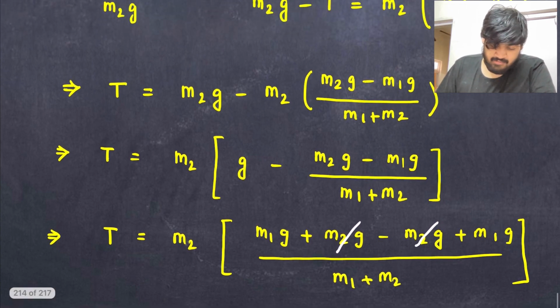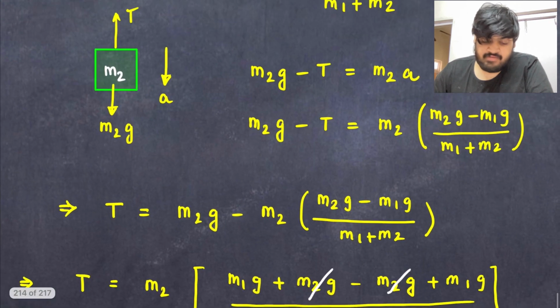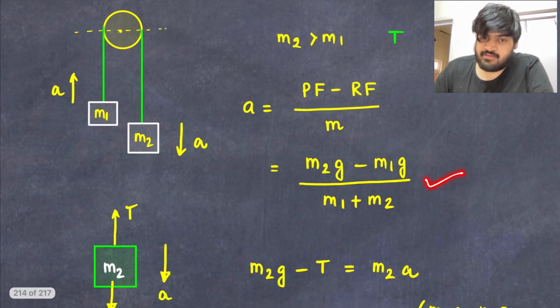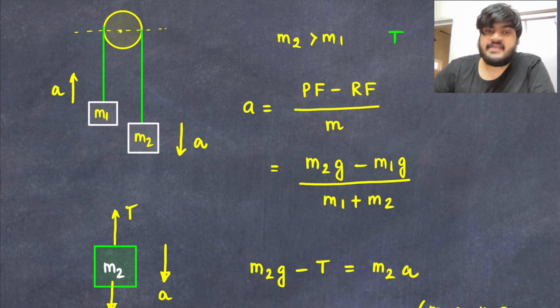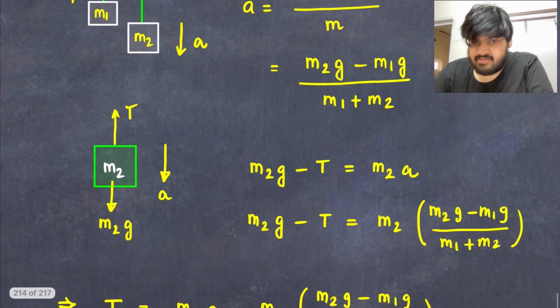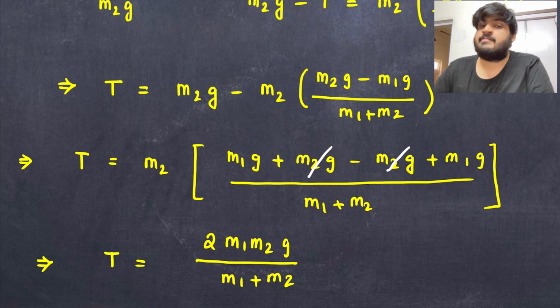Okay, so from here we have easily found the tension with the help of what? First of all, we found the acceleration using our trick. Then after finding the acceleration, what did we find? We took one body, drew its free body diagram, and from there what did we get? We got the tension, right? It's very easy. You just need to draw the free body diagram of one of the individual blocks and find the tension.